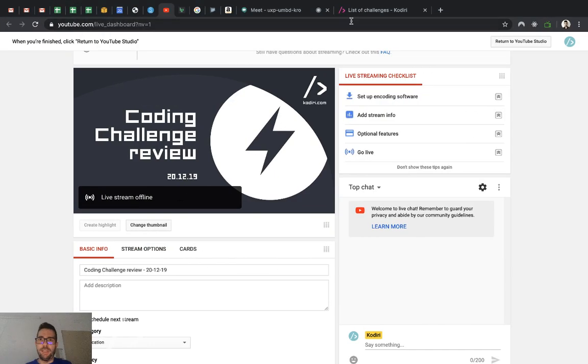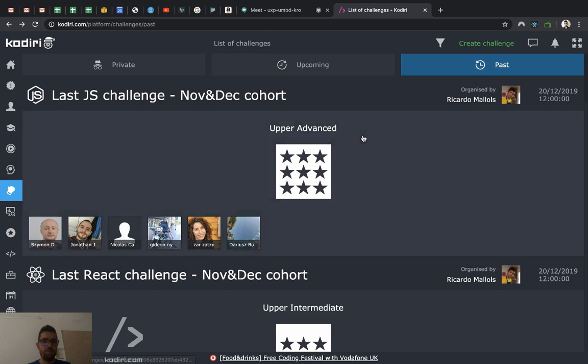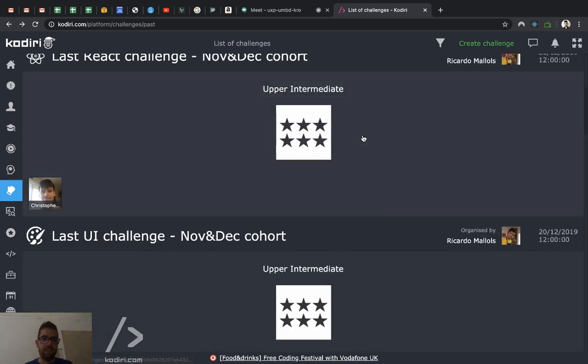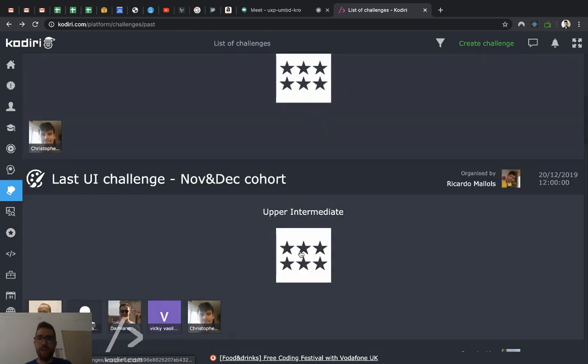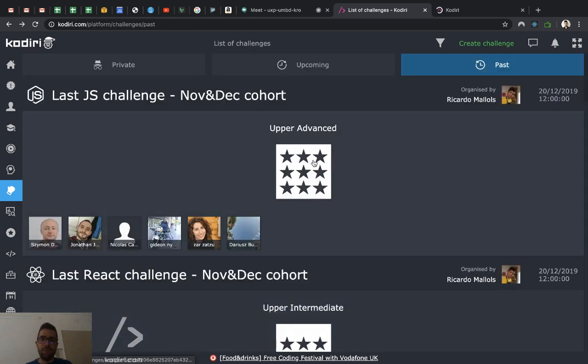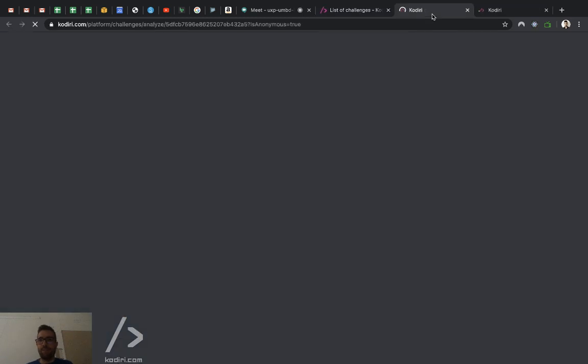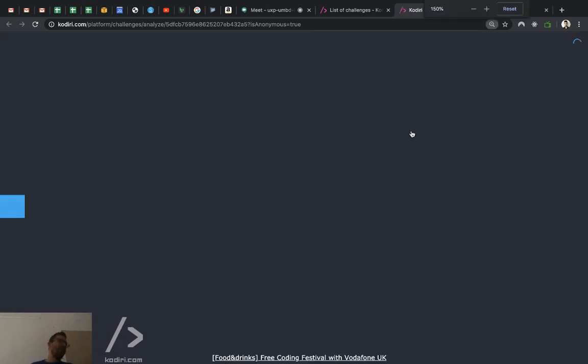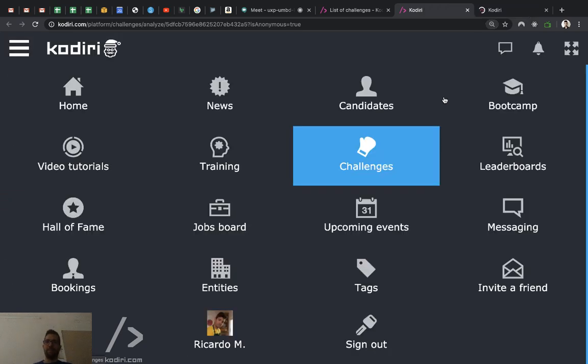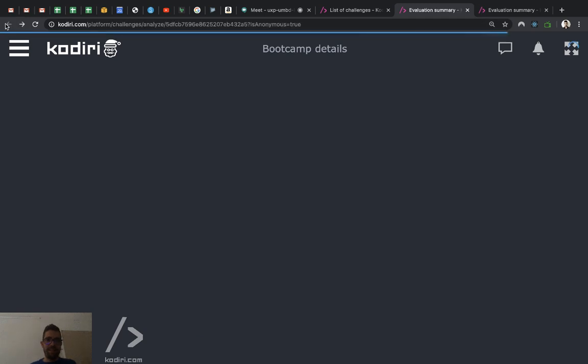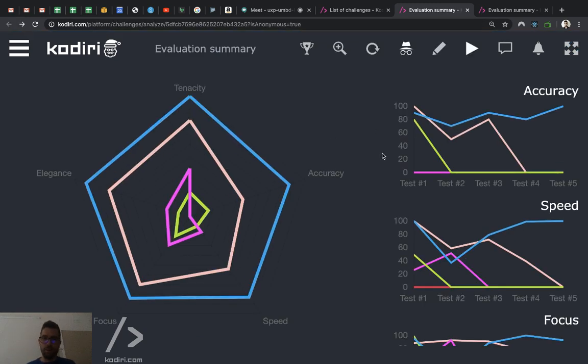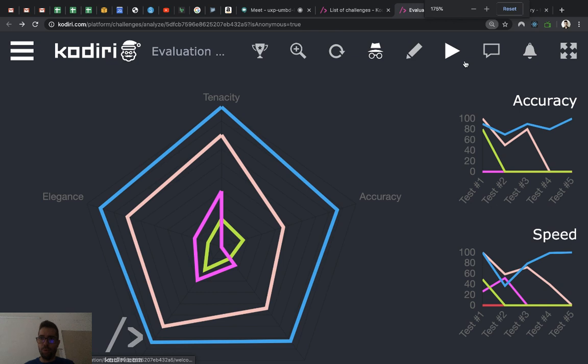All right, so let's talk about UI first, right? So yeah, let's do a bit of UI, and then we'll do a bit of JavaScript. I will try to play in mobile mode, which is going to be a bit brave, but I'll do my best. I think, yeah, I'll do my best. It's not going to be easy. All right, so